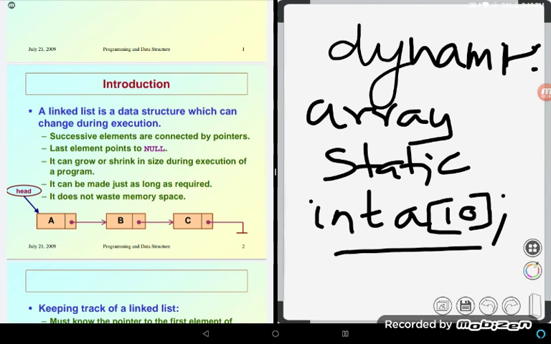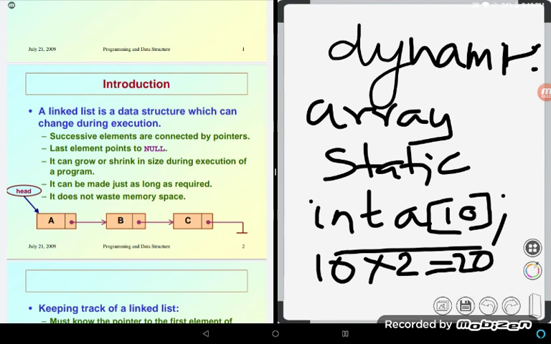Any idea? If you assume it's a normal integer of 2 bytes, then 10 into 2, 20 bytes are reserved in advance. This is nothing but an advance reservation. Just like when you are performing a long journey, you reserve flight tickets and train tickets in advance. As far as flights are concerned, you cannot travel without a reservation, right? The seats are properly reserved. And there is no dynamic reservation.